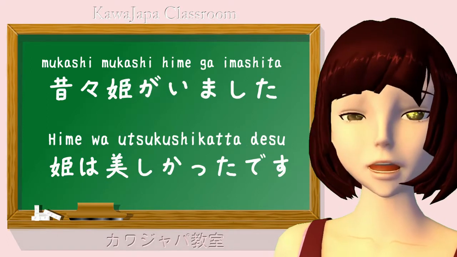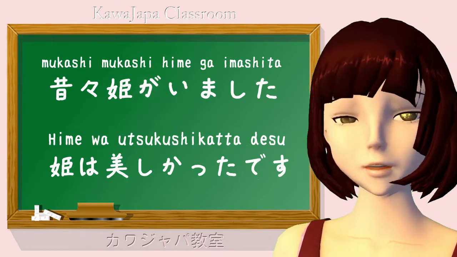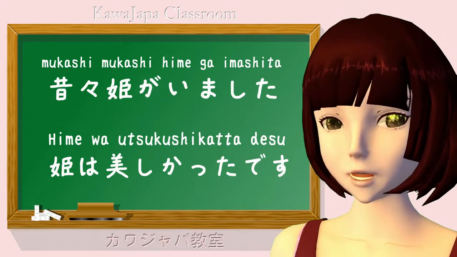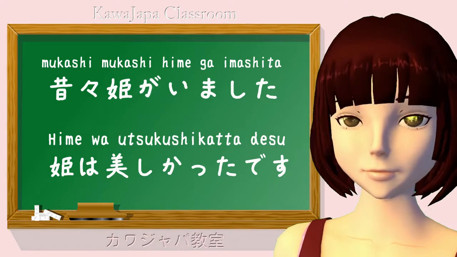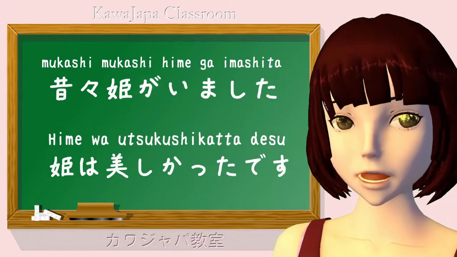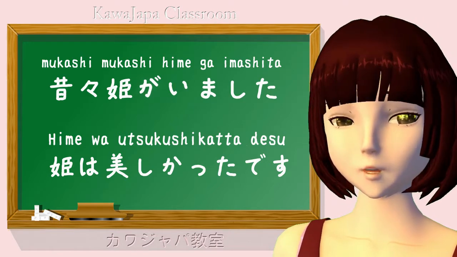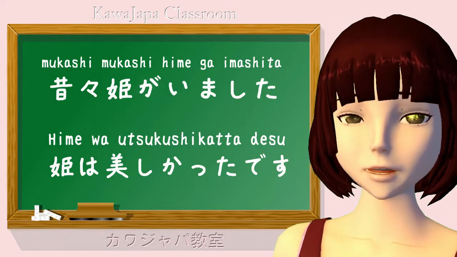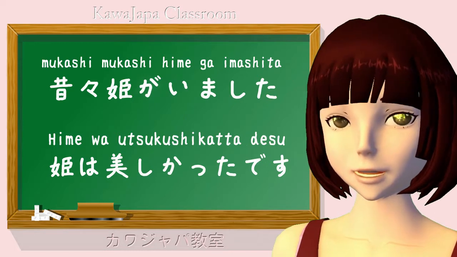What we need to note here is that these 2 functions of wa and ga are not random functions with no particular connection to each other. They actually follow logically, don't they, one from another. New information is interesting information. New information is the thing we are actually telling someone. This is one basis of human communication, and this is the way that Japanese handles it.